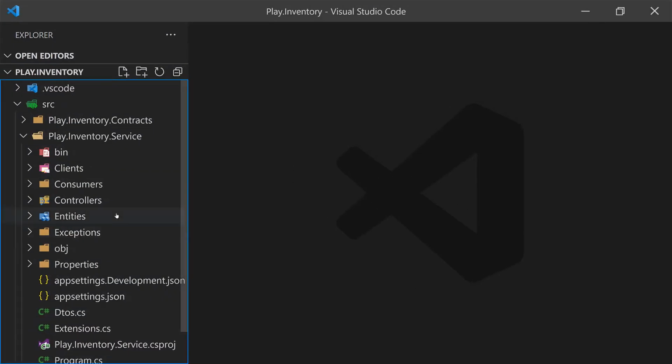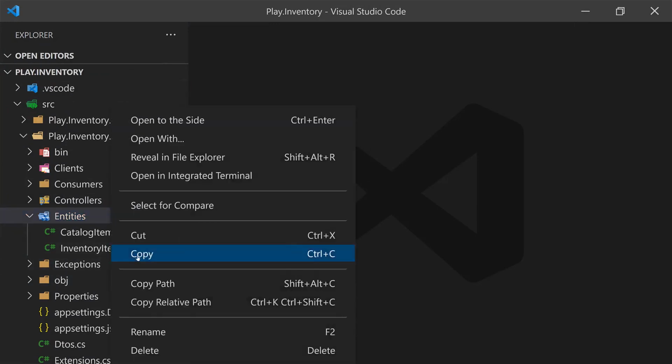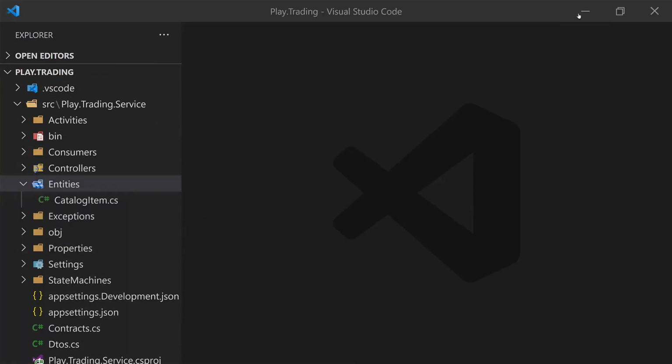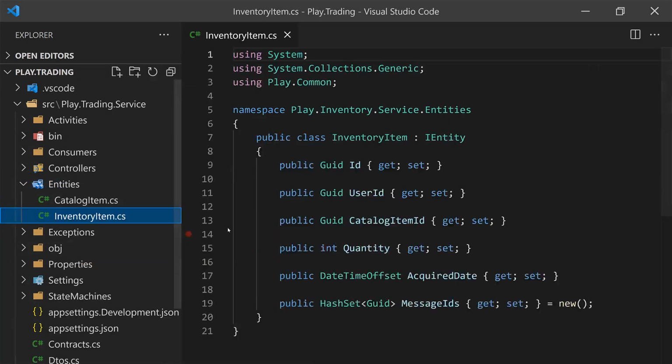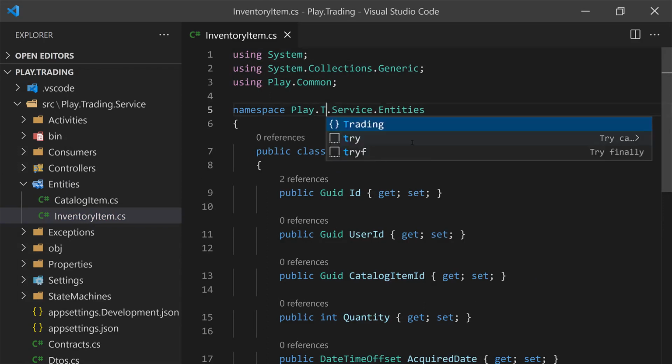And I'm going to go into entities. And I'm just going to copy the inventory item entity that we have there. Just copy that. Back into trading, I'm just going to paste that into entities. And here we're just going to use what makes sense. But of course, before doing that, let's make sure we have the correct namespace. It should not be play inventory service. It should be